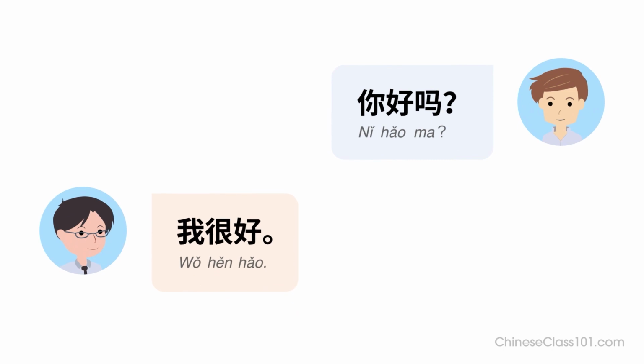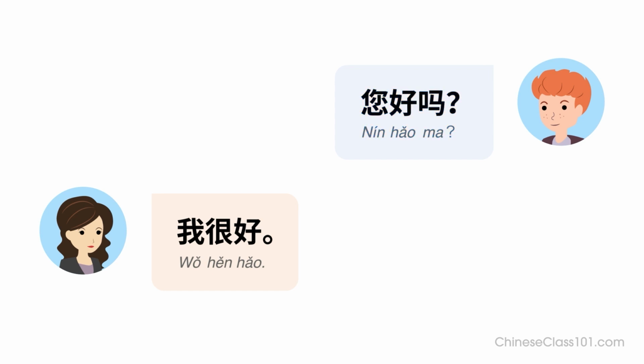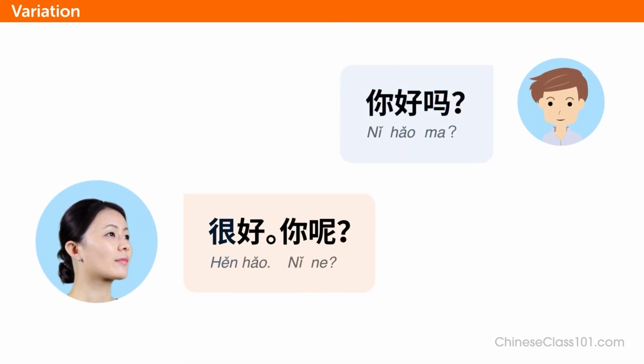Let's look at some more examples. Listen and repeat, or speak along with the native speakers. 你好吗？我很好。你好吗？我一般般。您好吗？我很好。你好吗？很好，你呢？Did you notice I shortened the response and added the phrase 你呢？很好，你呢？